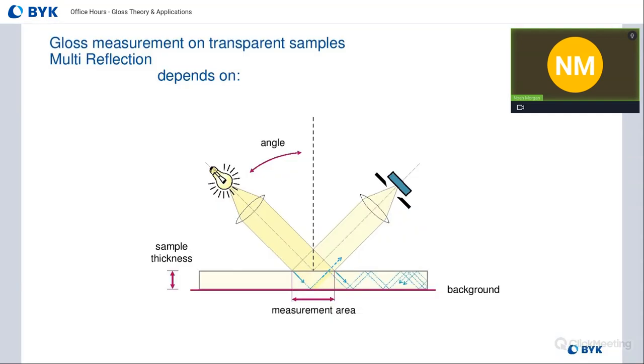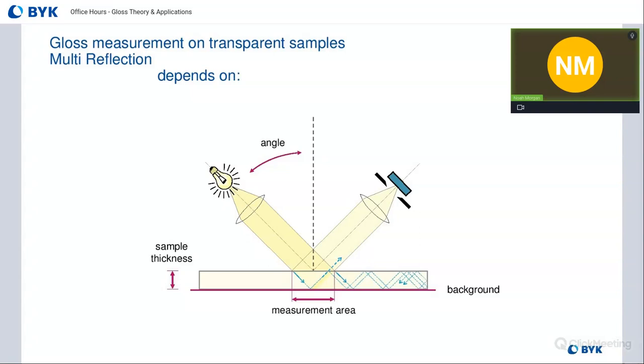And lastly, I want to go over measuring transparent samples with the gloss meter. It introduces a new issue we have to think about: it not only measures the surface of that transparent material, but it's also going to measure what's underneath it, whatever that substrate is. What plays a role in that is sample thickness. So something to keep in mind is that if you're ever comparing transparent samples by their gloss,